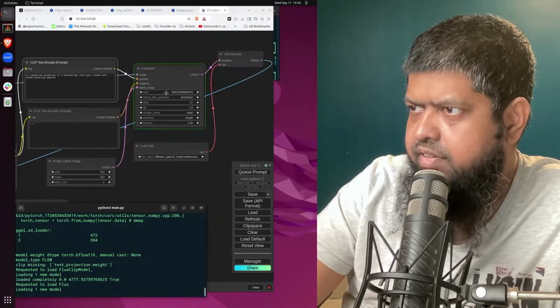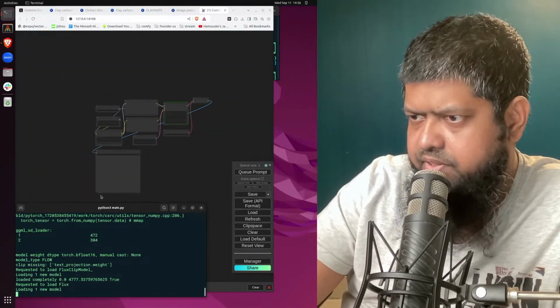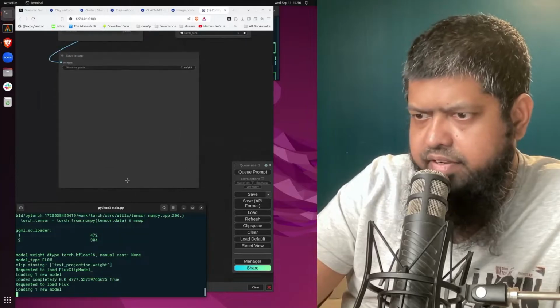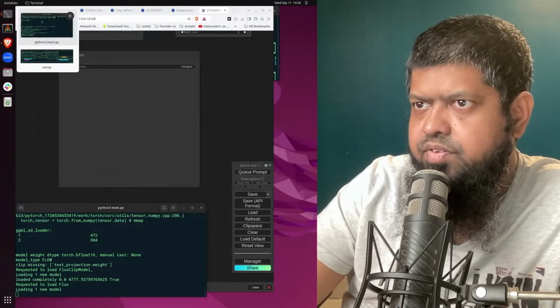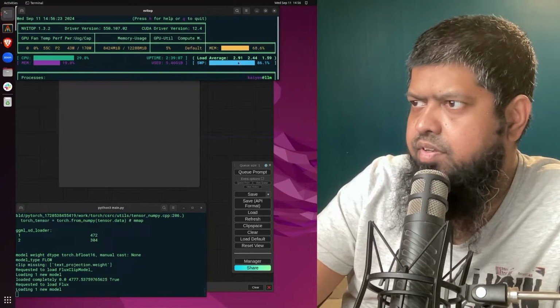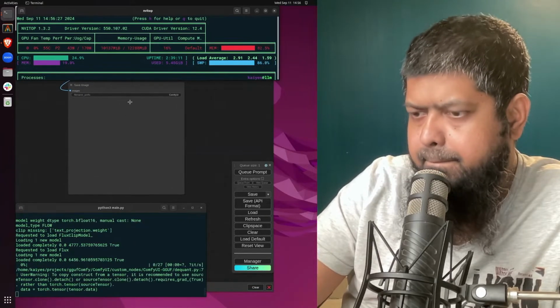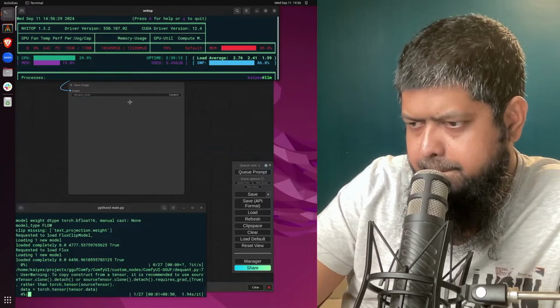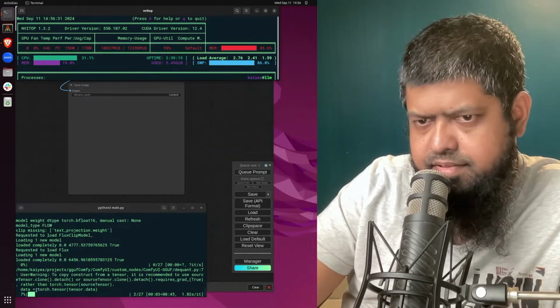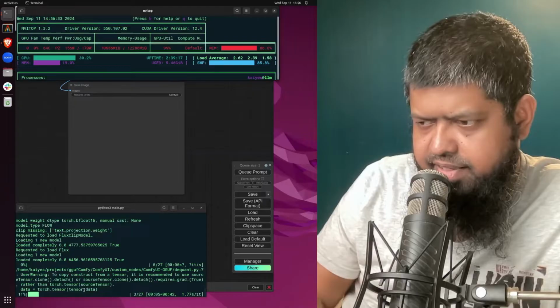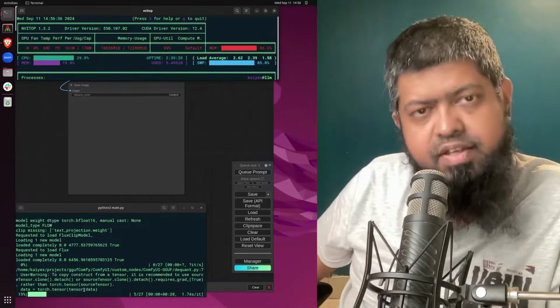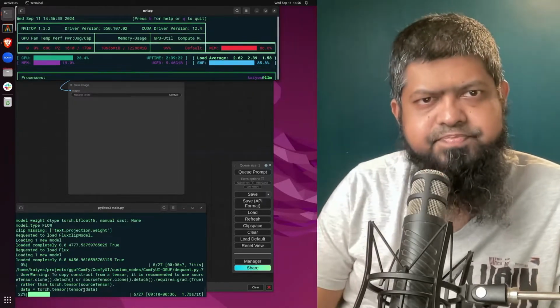It's already here, and it's going to generate our pictures right here. How do we know? That model is being loaded, and they're going through the steps. The more steps you have, so